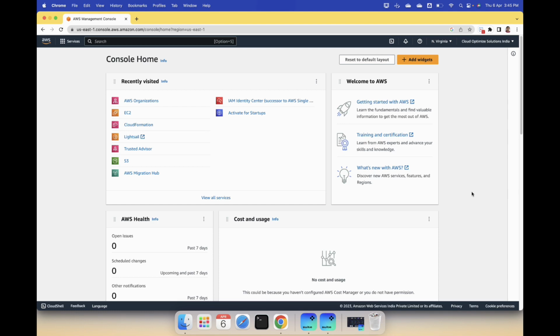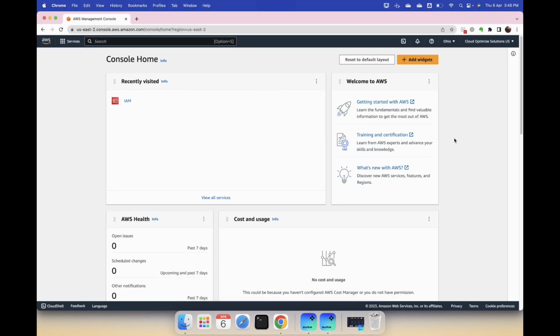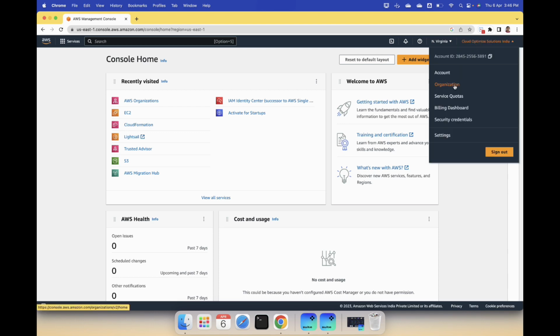If you are aware, in India, AWS Cloud Services Private Limited is the one who sells all these accounts. In the US, it's basically Amazon, AWS, who sells it directly. It's not a private limited company in the US. So if you have these two different accounts, one in India and the other in the US like me, and you try to create an organization and combine them, you're going to run into an error. I'm going to show you what's going to happen. So let's go ahead and create an organization.